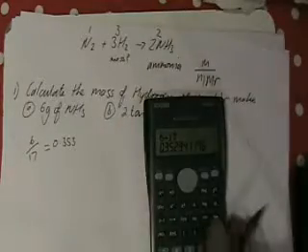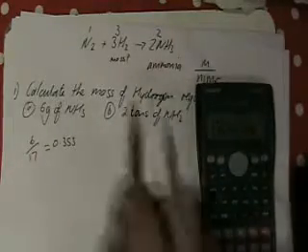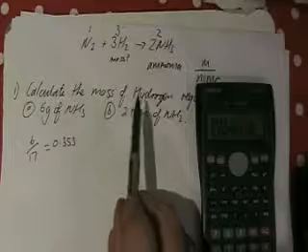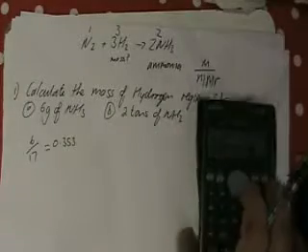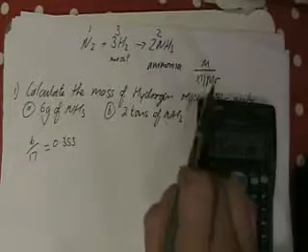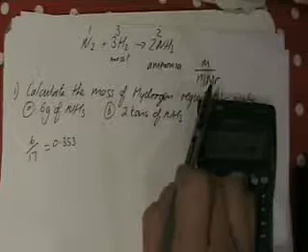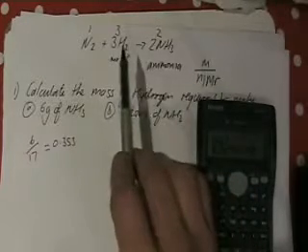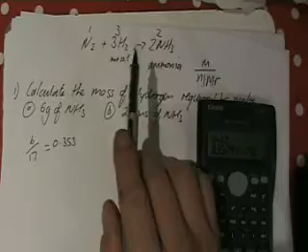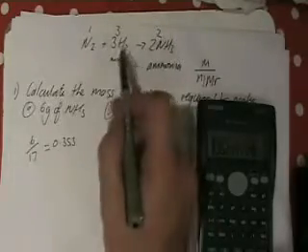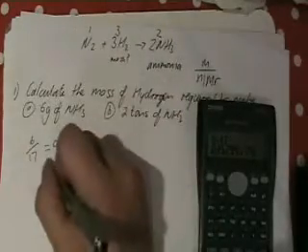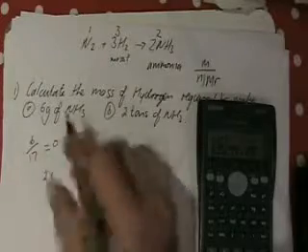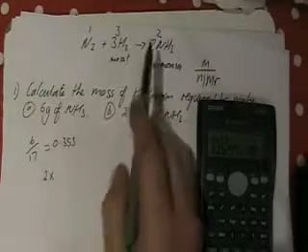We have 0.353 moles of ammonia. Now, we are looking to calculate the mass of hydrogen, and to calculate the mass of anything, we need moles and MR. The MR of hydrogen is easy, it's two H's, so each H is 1, so the MR is 2, and it's going to be 2 multiplied by the number of moles. The number of moles of ammonia is